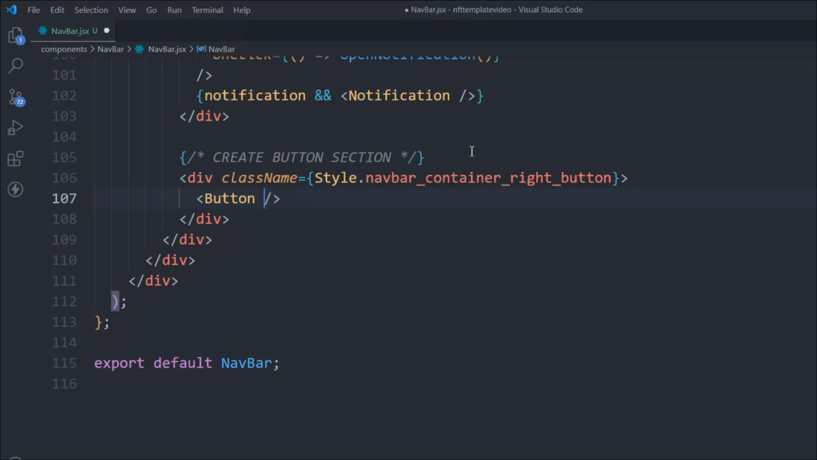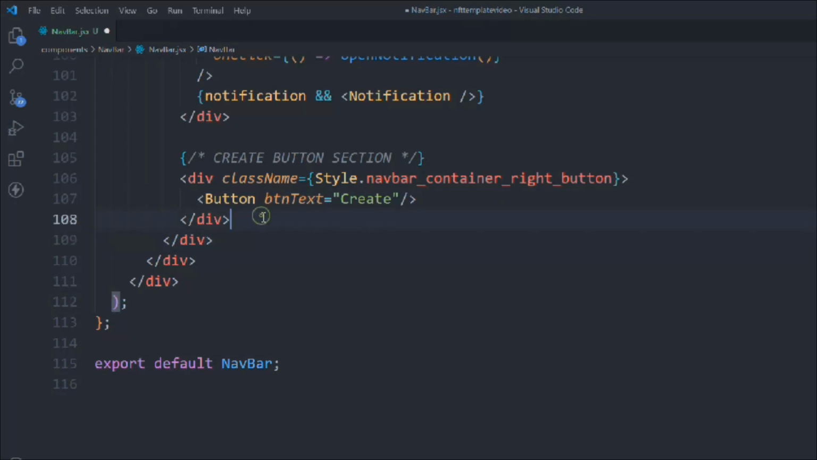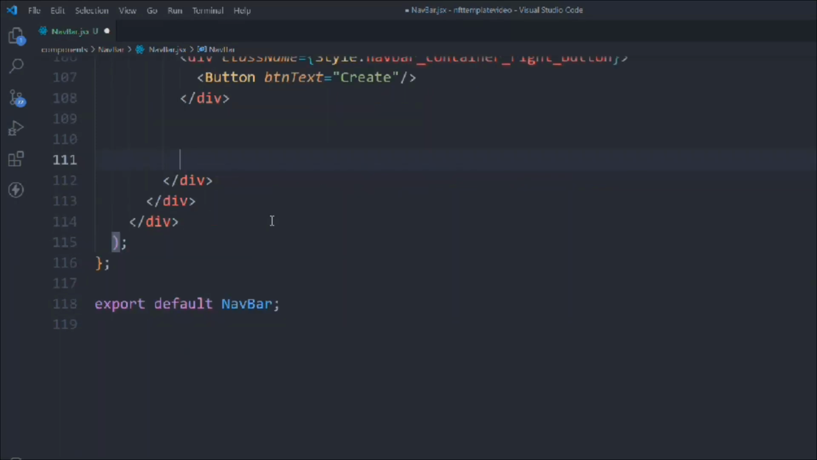Okay, so that's the props we have to send in every button component. So we'll call it btnText, and the name of this button would be, let's say, Create. Okay, so this is how we are sending the props. So this is the button component we have, and let's come down and we have to create the user